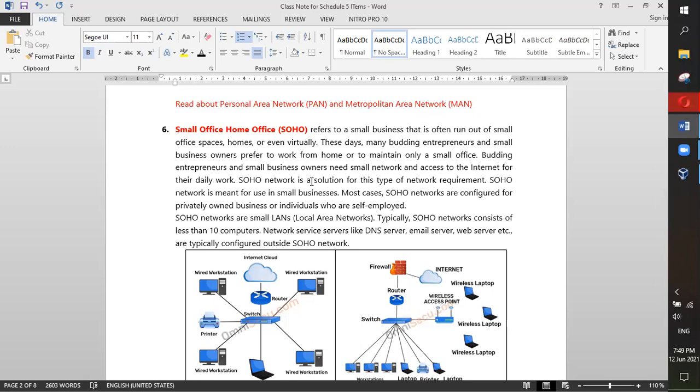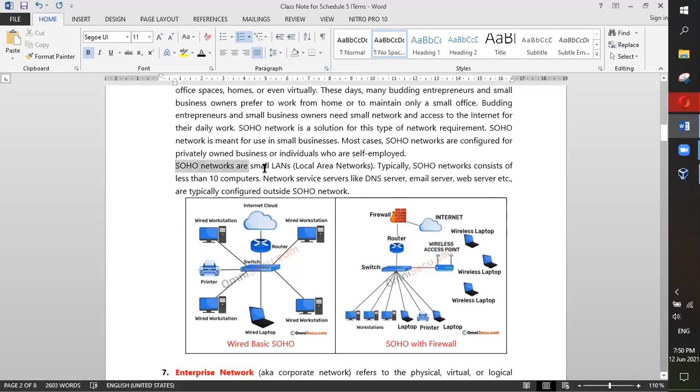Let's say you have a business center where you run a small cafe with about 5 systems. That's like a SOHO, all right? SOHO networks are small local area networks. Typically, a SOHO consists of fewer than 10 computers. Network services like DNS, domain name services, server,